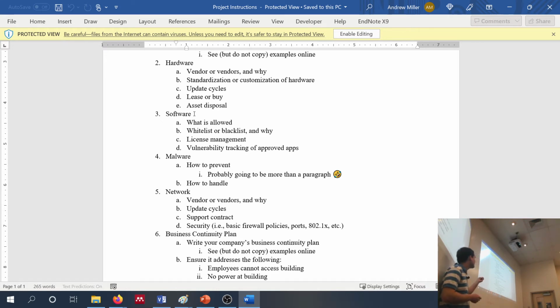All right. Software. What software do you allow to be installed? You're going to say, are you going to use a whitelist, a blacklist? I guess I should have also put up here, just straight up give everyone admin rights. And you're going to explain why you made that decision. Okay? So if you give everyone admin rights, presumably you're going to have lower cost to install software, right? Presumably.